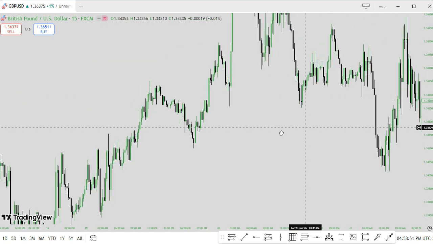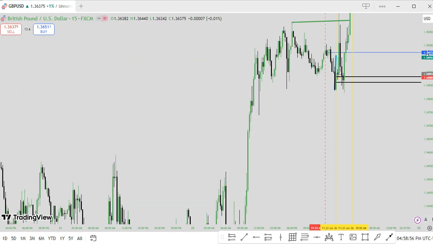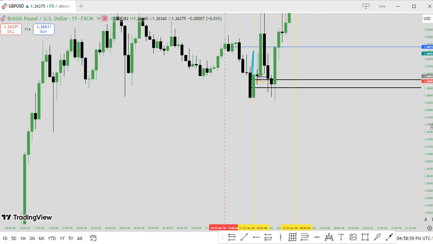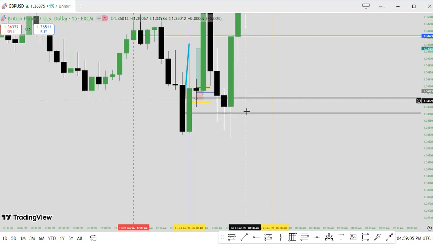You can see on the 15-minute time frame, all the candles were respecting the discount after moving high, and they still come back. I did not trade this. The one I picked up again was this one, to this opening price. Okay, so